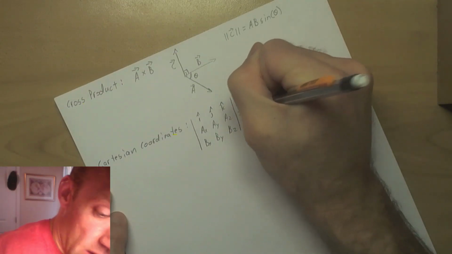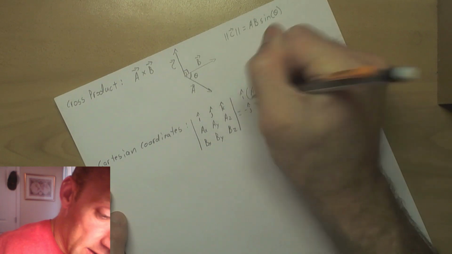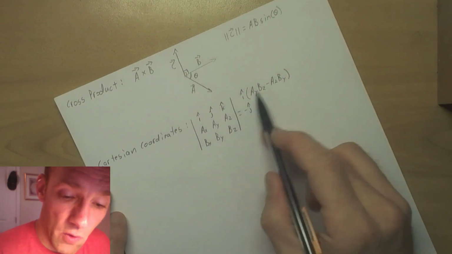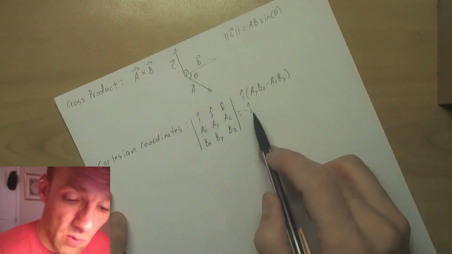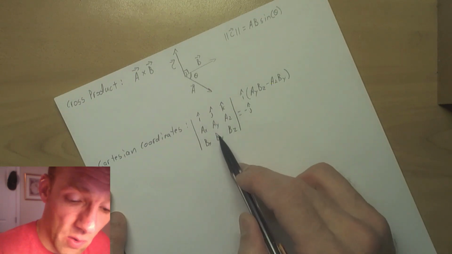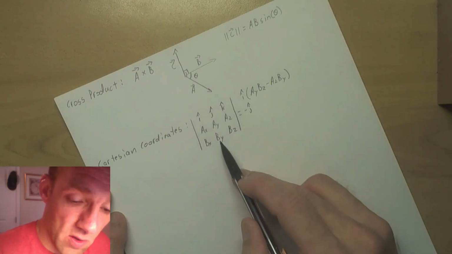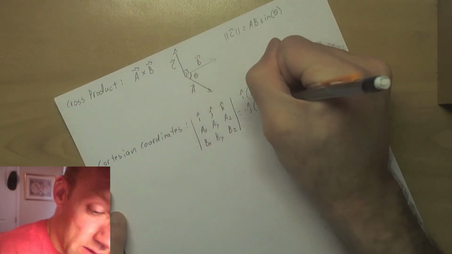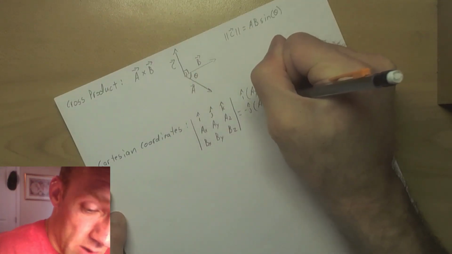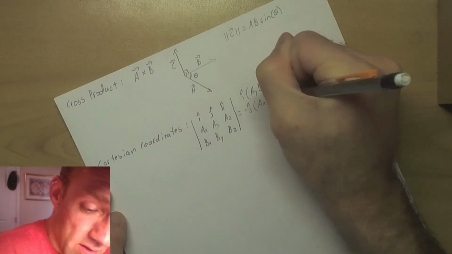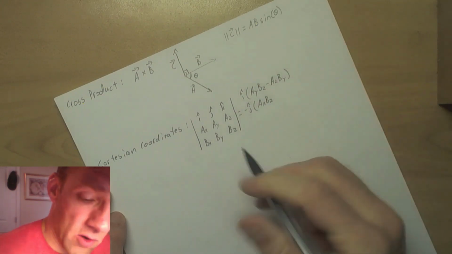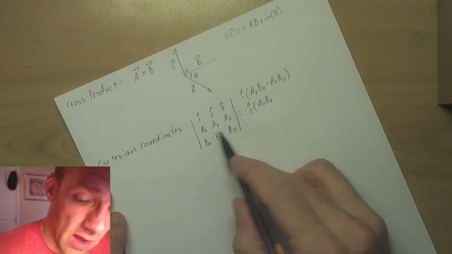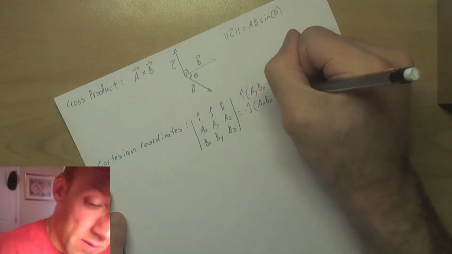Now we alternate signs. We start off with positive, and then we subtract the j component. We eliminate this row and this column, and take the determinant of the 2 by 2 matrix that's left, AXBZ minus